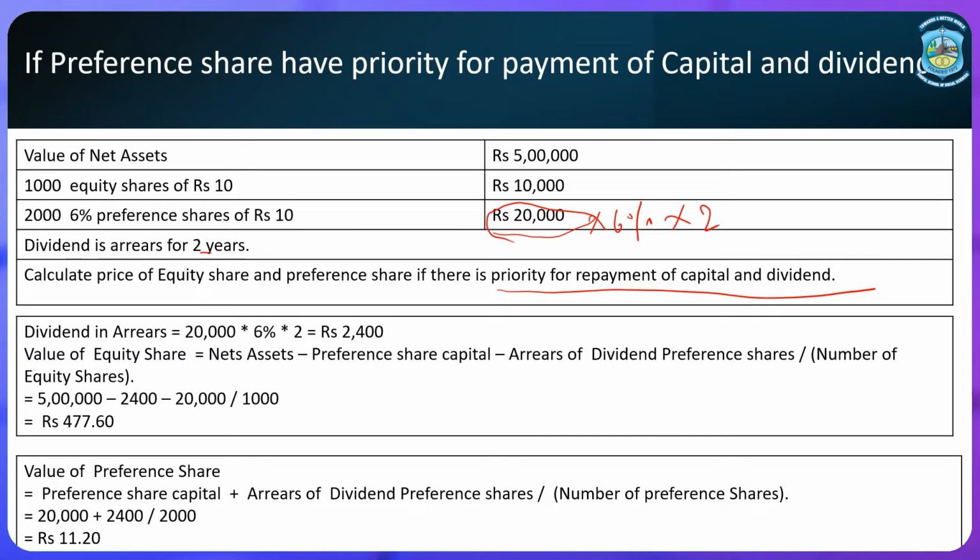So, now we will calculate the value of equity shares, and how we are going to do it? Value of an equity share is net assets which is 5 lakh rupees minus the value of preference dividend which is 2400 minus preference share capital 20,000 divided by number of equity shares which is 1000. So, you will get the value of every equity share as 477.60. Now, while calculating the value of preference share, what you are going to do? You will add preference share capital plus the arrears. So, 20,000 plus 2400 divided by 2000 will give you 11 rupees 20 paisa as the value of every preference